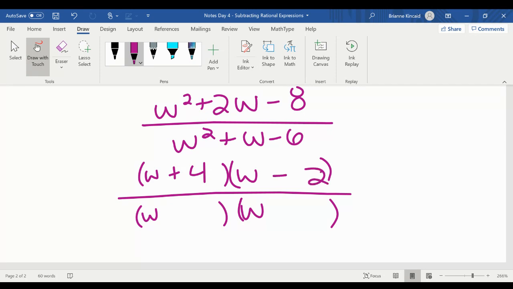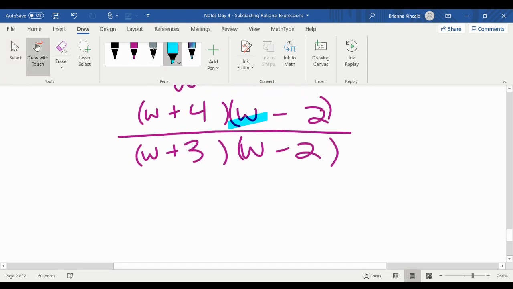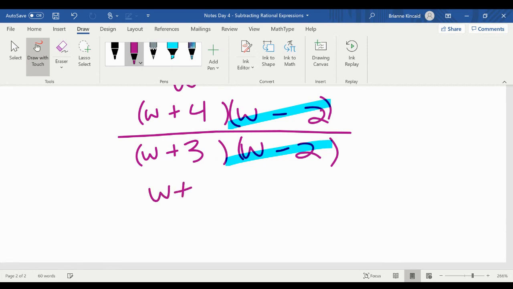And the numbers that multiply to negative 6 and add to positive 1, that's positive 3 and negative 2. From here, we can cancel the w minus 2 to get w plus 4 over w plus 3